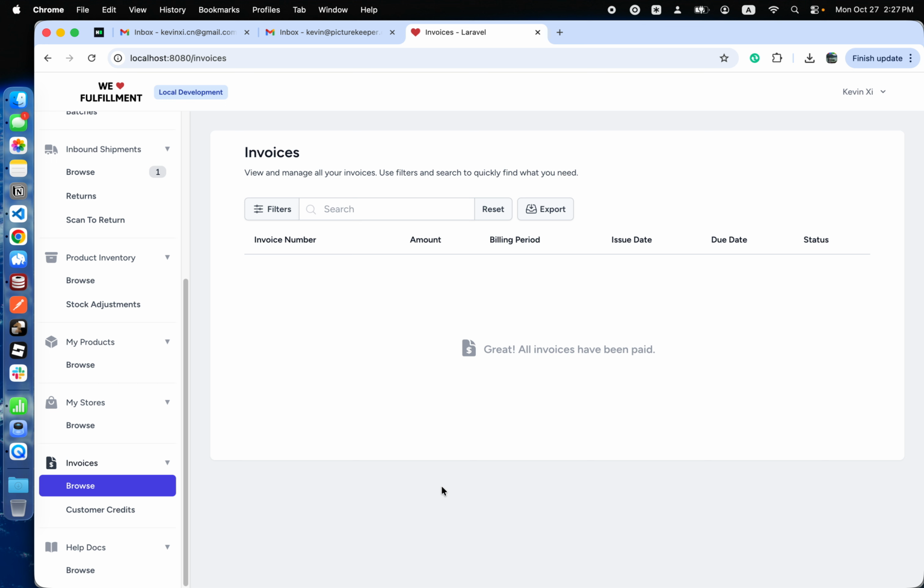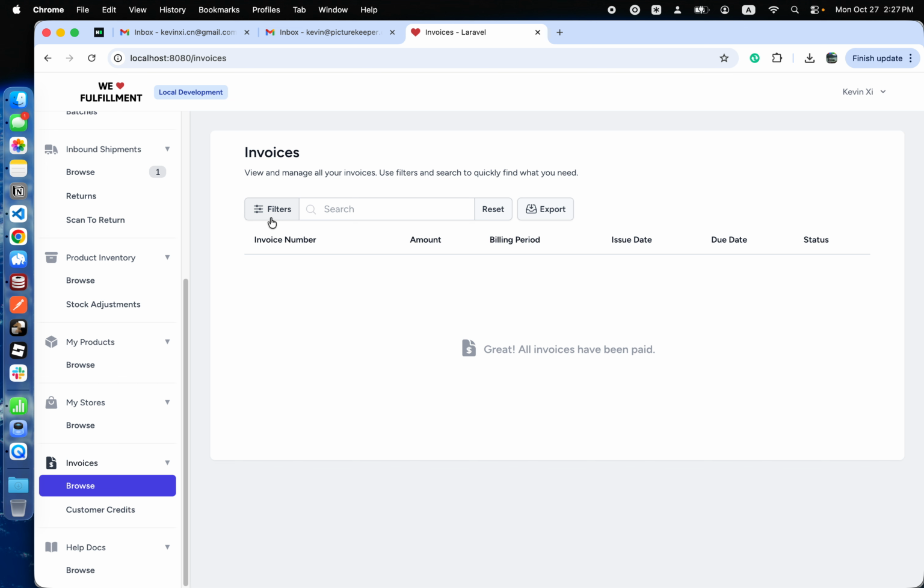In the portal, now you can see the invoices tab where you can browse a list of invoices. This feature was designed to be automatic as much as possible. So most of the parts it will do by itself. It will create the invoice by itself. It will email the customer with the invoice automatically. But there are some parts that I want to go through with you, so if you want to make any